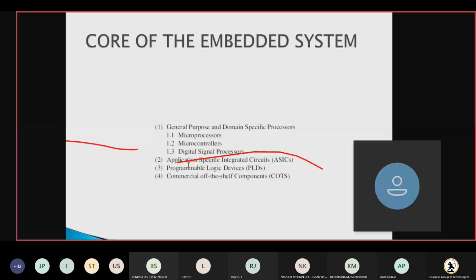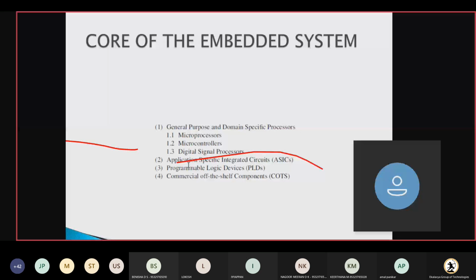Next, the third thing is the microcontroller. A microcontroller is nothing but a microcomputer on a single chip. I put the whole computer into a single chip. That is, I have a CPU, I mean a microprocessor, plus memory plus IO devices in a single chip. That is called a microcontroller. The first microcontroller released was the TMS 1000, released by the TI company, Texas Instruments. This is a 4-bit microcontroller.